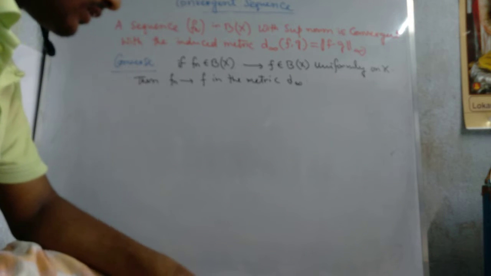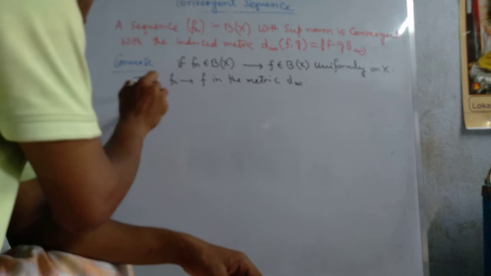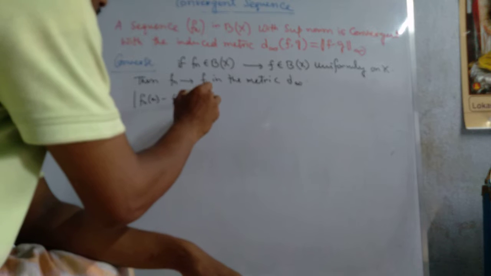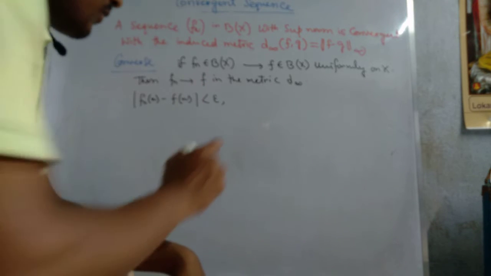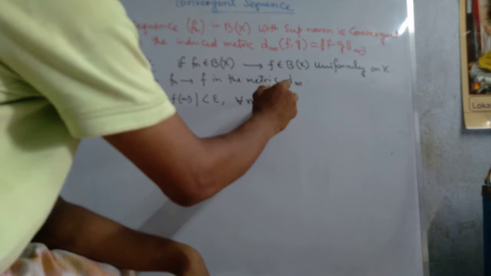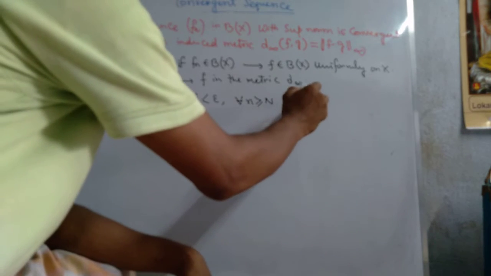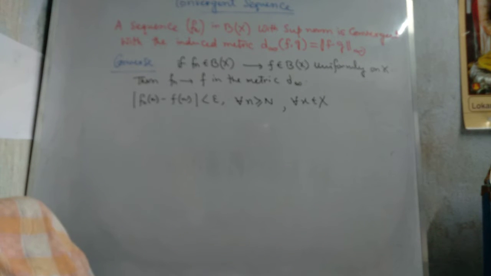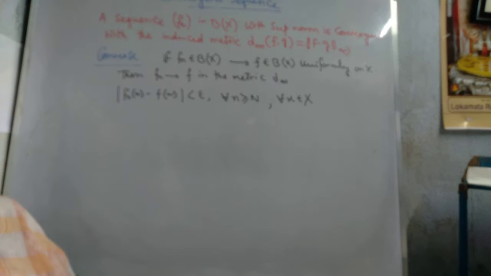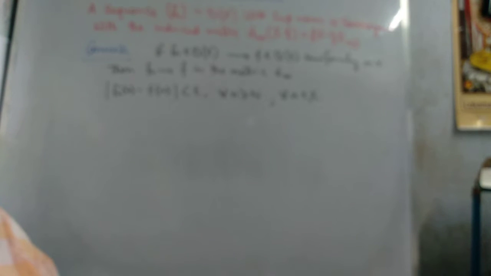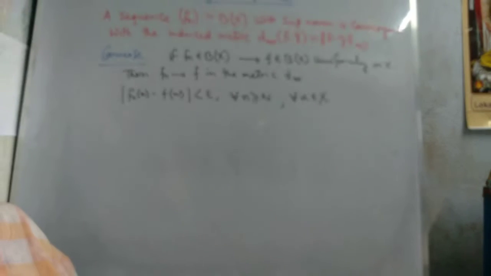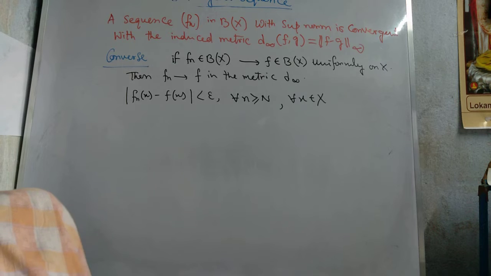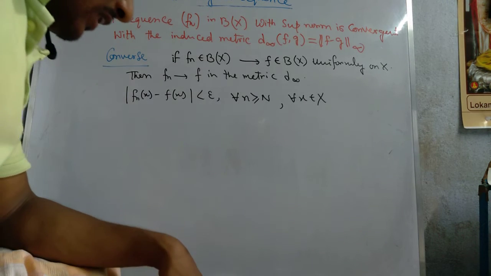Now how do we write this? By the definition of uniform convergence, |fn(x) minus f(x)| is less than epsilon for all n greater than or equal to N, and for all x belonging to X. Uniformly means this one. Then